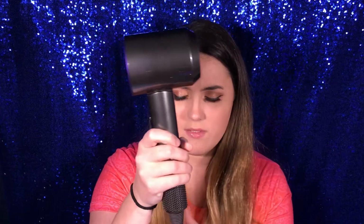Another thing that I want to talk about is the balance and the design in this thing. So it's super lightweight, pretty small, so it's pretty ergonomic for your hand. So it doesn't actually tip, even though I have a pretty loose grip on it right now. Still doesn't tip either way, so it's very balanced. With most hair dryers, it just kind of tips straight over because the motor is held in the head. Well, the motor is actually held in the bottom of this, so it actually balances out the weight just a little better,